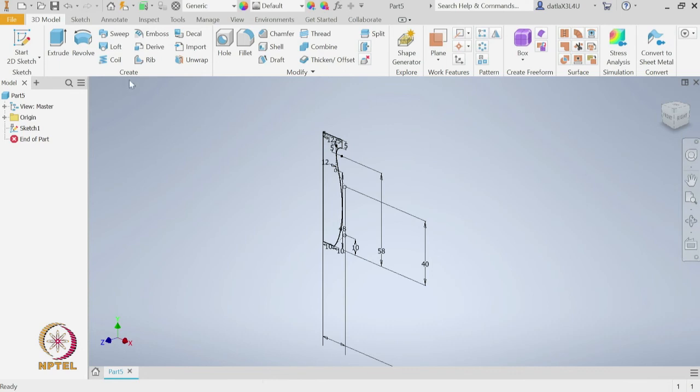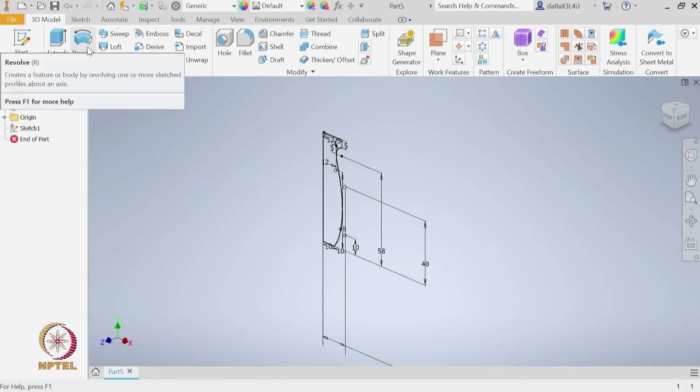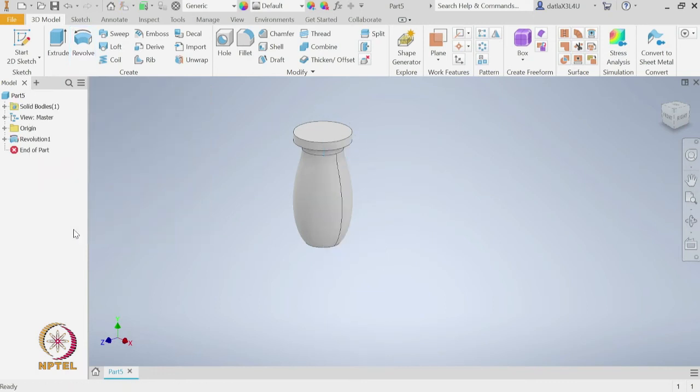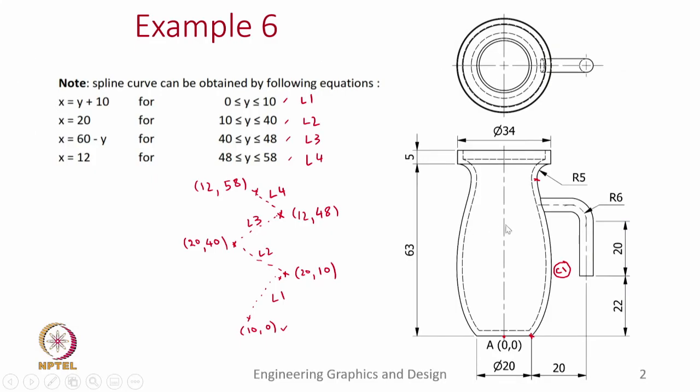Okay. And then select the revolve tool, where by default it has selected the profile that we have created, and for the axis let us give the y axis. Okay. So, now we have completed this vase as a complete solid. The next step is to remove the interior material, so that we can create this cavity with a specified thickness.